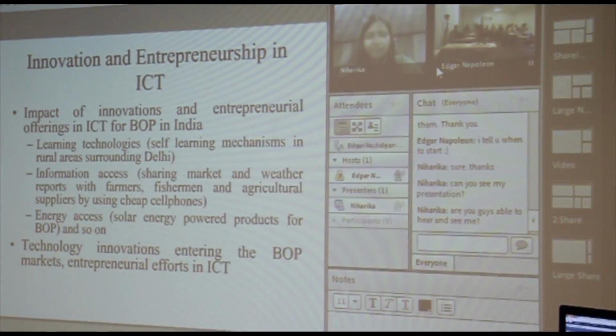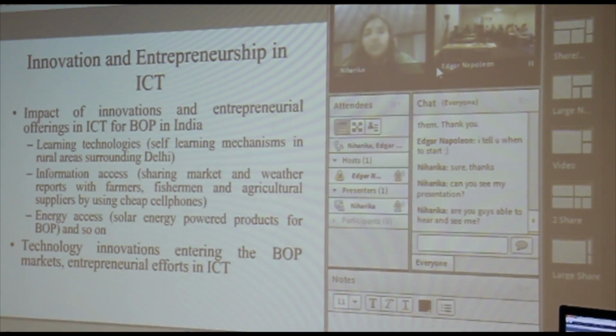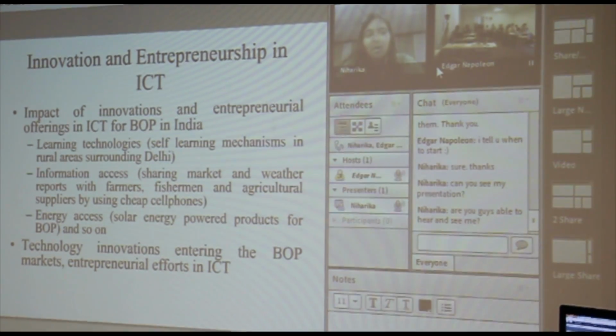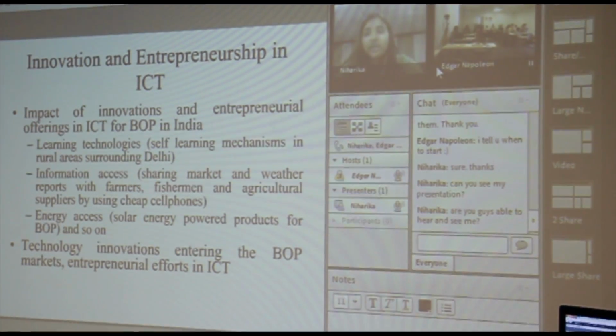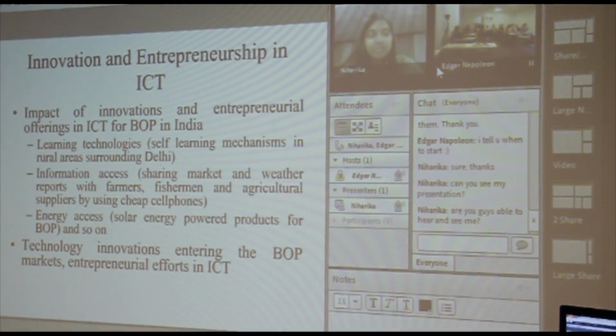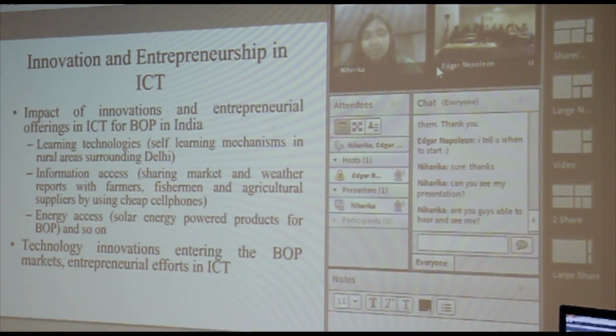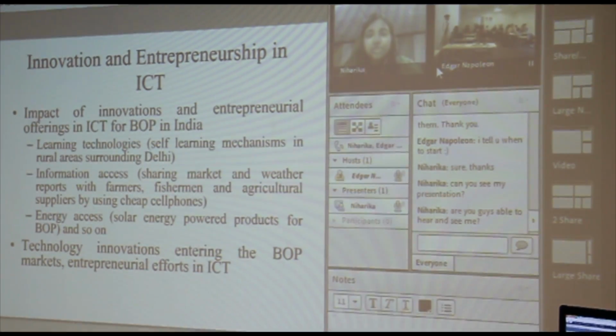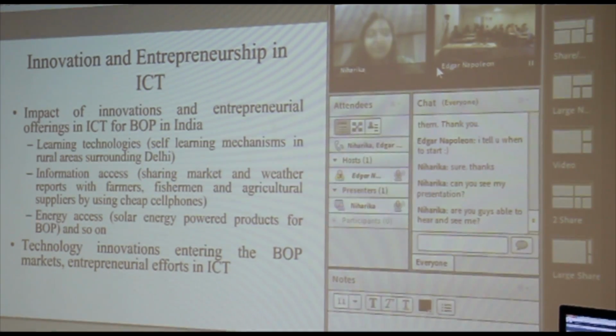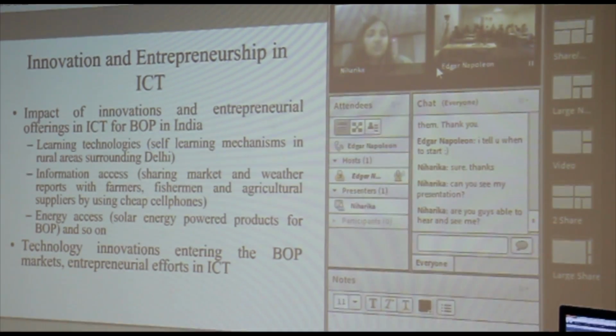So we talk about why ICT is important in terms of benefits to the community. We already see that there are technologies being built around how learning can be enhanced for such communities, how especially self-learning models can be implemented where people in rural areas or urban slum areas are able to learn on their own using these technologies. So I have quoted an example here from Delhi where people, in one of the biggest slums in Delhi,